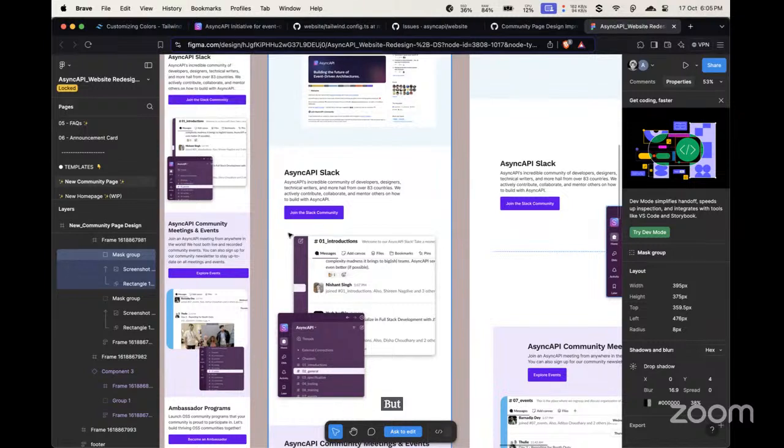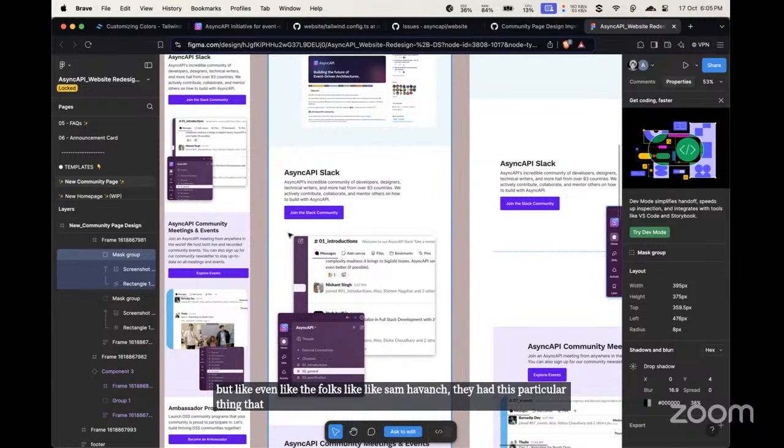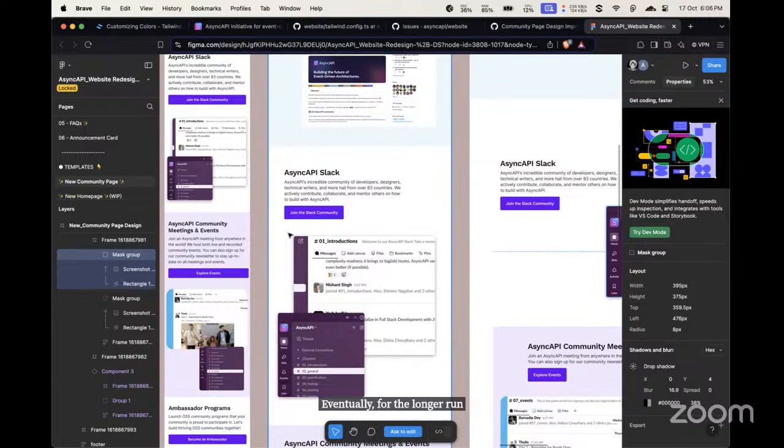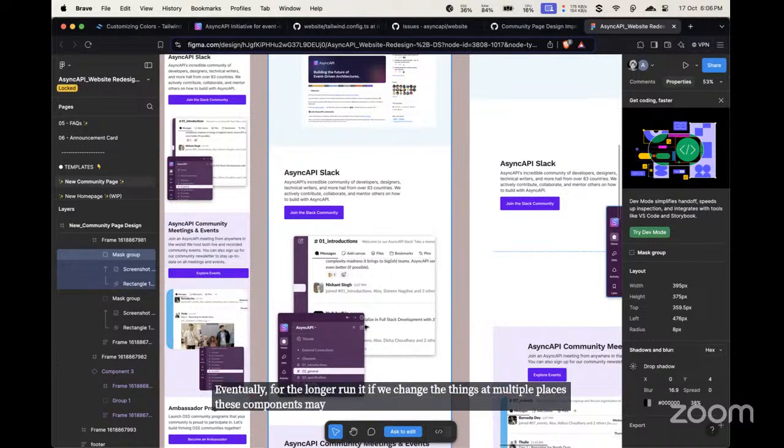Even folks like Sambhavansh had this point, that in the longer run, if we change things at multiple places, these components may give us responsive issues multiple times, and we have not built strict UI testing till now.